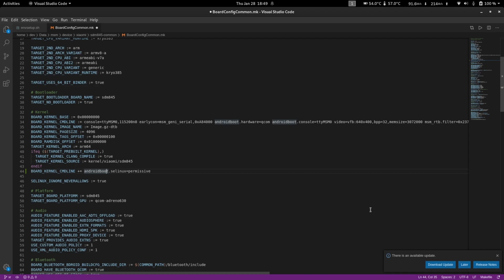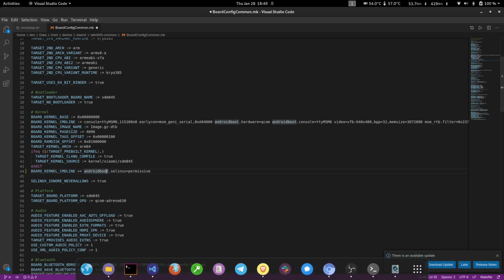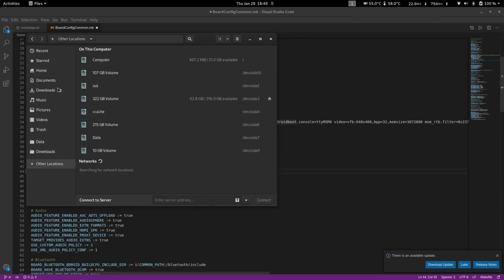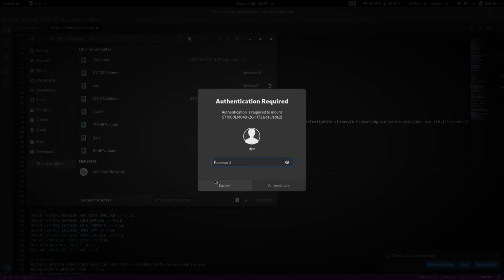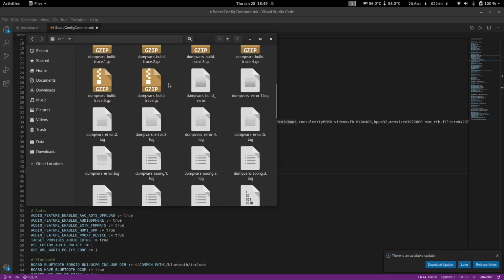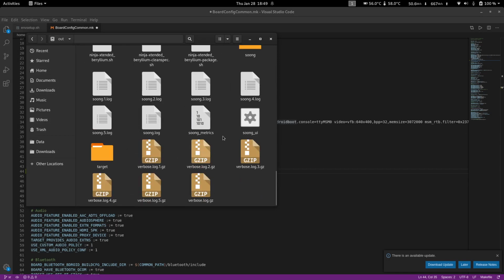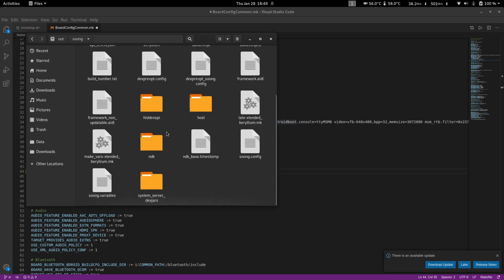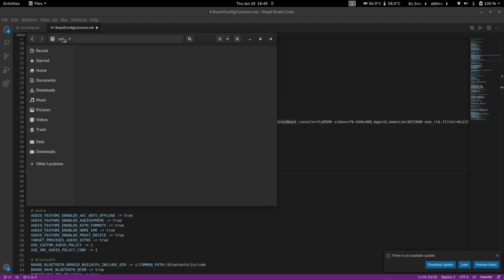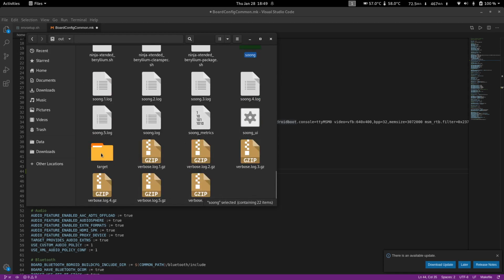If you successfully compile the ROM, you'll probably have an out folder which has all kinds of logs and stuff. I'm sorry, my mouse might be irritating, I'll use my trackpad.